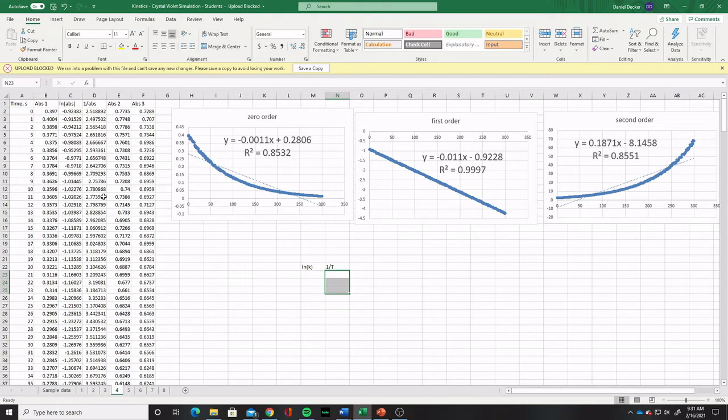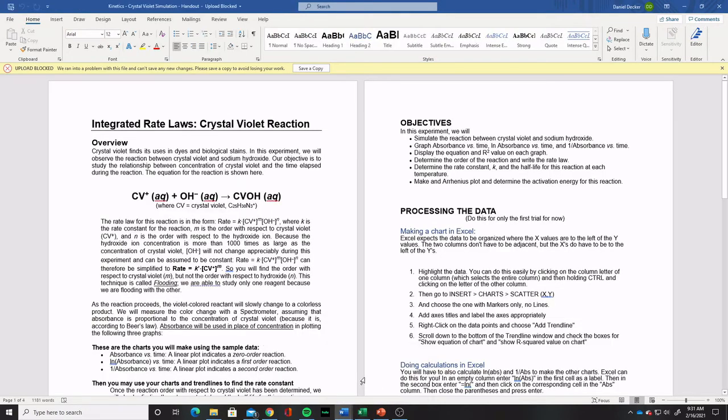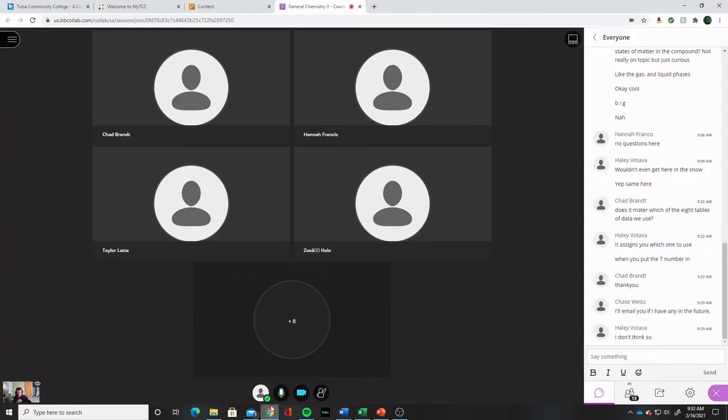I do not need all of your actual raw data. If for some reason I feel that something is hinky, if I think that's not really their data, they just made something up, or they got it from someone else, and I need to go back and check your data, which I have done multiple times in the past with other classes, I have access to your T number, and I have access to the same file that you do. I can just plug your T number in and get your actual data that you should have used